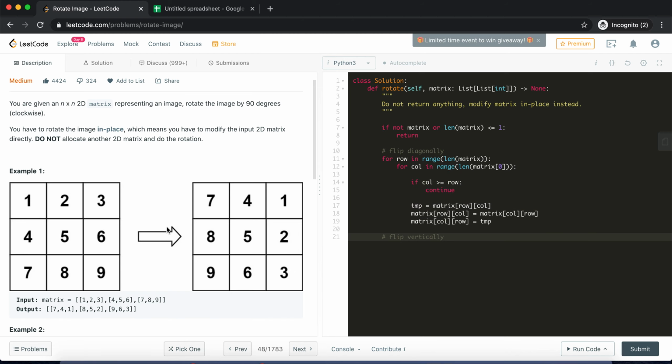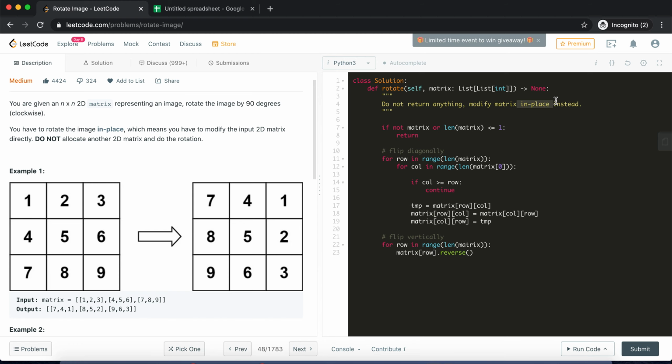Now in the second step, we'll have to reverse every row, because flipping based on the vertical axis is equivalent to reversal of the row. So then we will traverse through all the rows in the matrix, and in the matrix we can refer to that row, and then we'll simply reverse it.